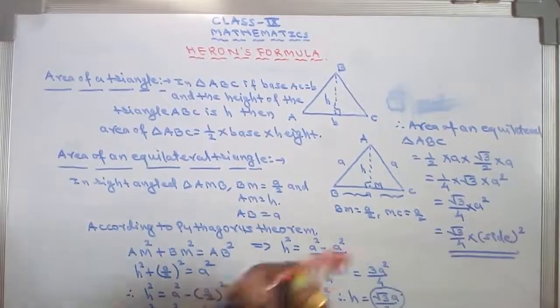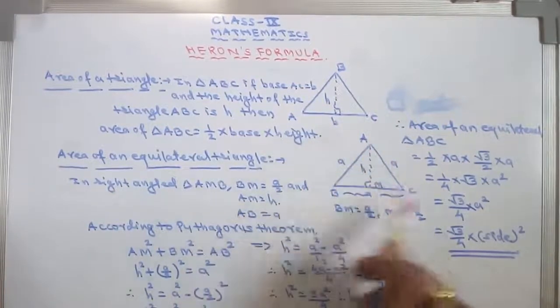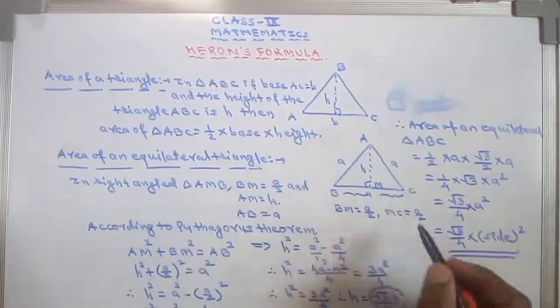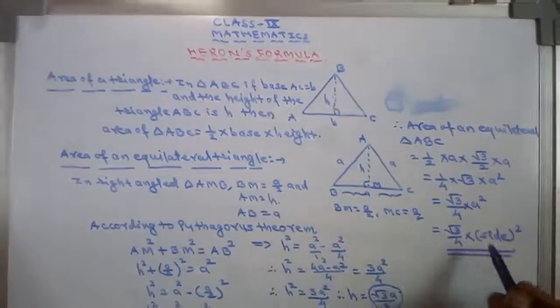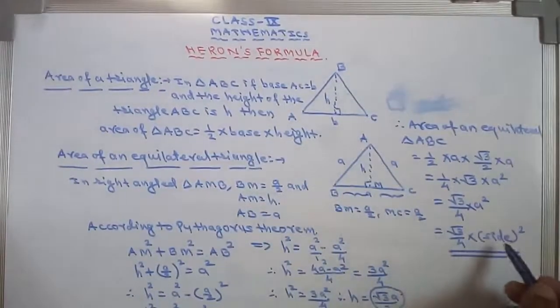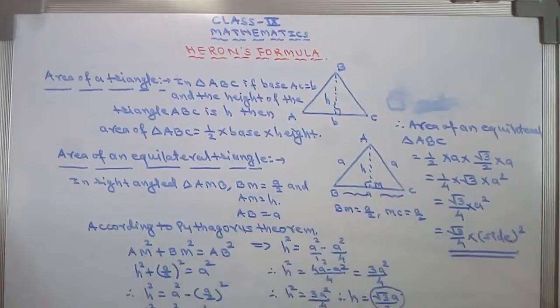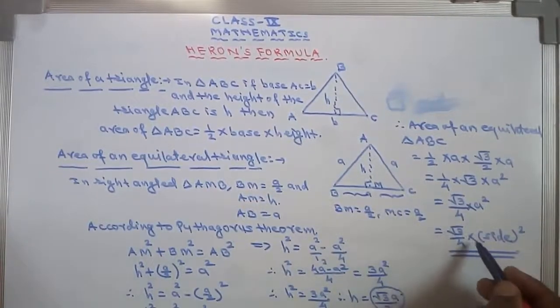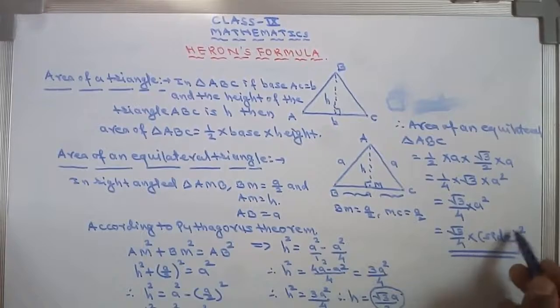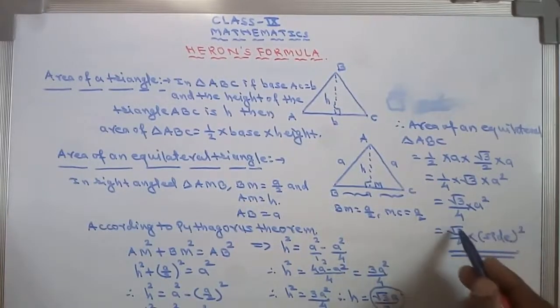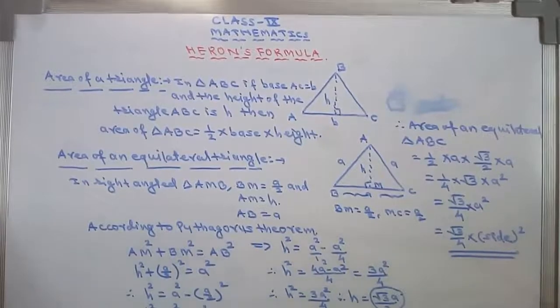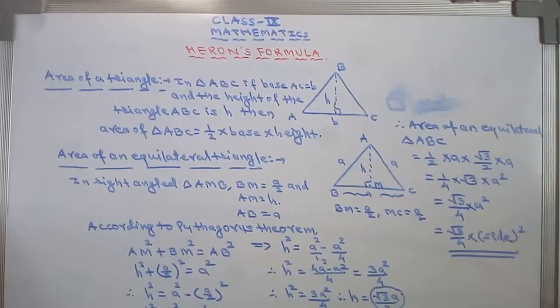Therefore, the area of an equilateral triangle, where the side is small a, is root 3 by 4 into side square. Whatever be the side of that equilateral triangle, you have to multiply by root 3 by 4 and take the square of that side. It gives us the area of an equilateral triangle, that is root 3 by 4 into side square. So in this way we can find the area of an equilateral triangle also. Okay students,